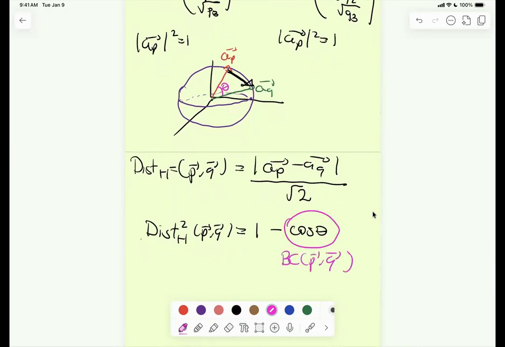So the idea is, if the amplitudes are very close to one another, if these two vectors are very close, then their angle is almost 0, and so the cosine is almost 1, because cosine of 0 is 1. So if the coefficient is 1 or close to 1, they're almost the same vector. There's a lot of overlap because they're almost the same probability distribution. It shows how related two different things are.